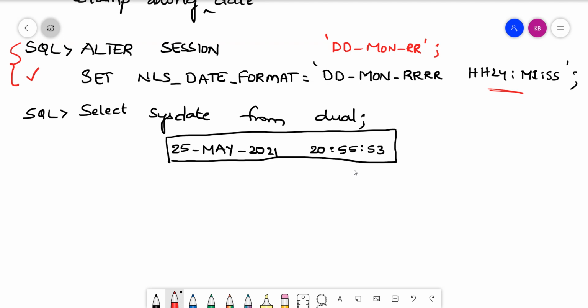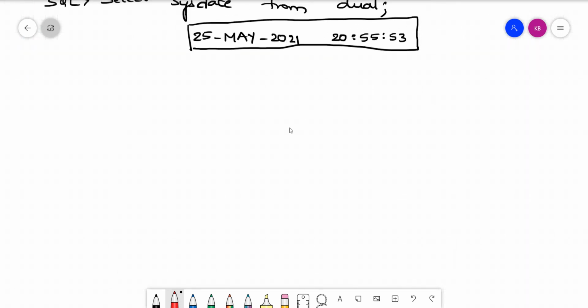Okay, so now let us move on to what are the different date functions that we have and why do we use these date functions. We understood now that the date functions are applicable on the date data type, what the default date format is, and how to reset the date format.